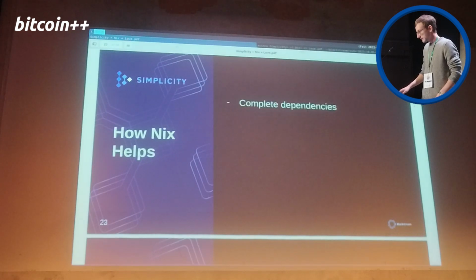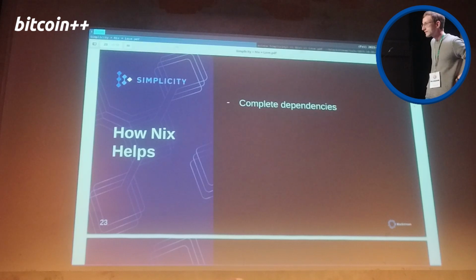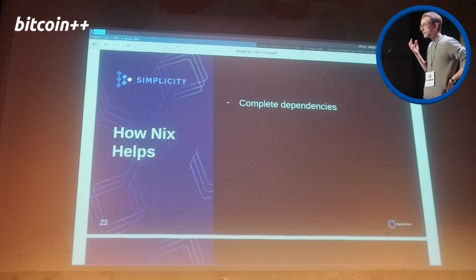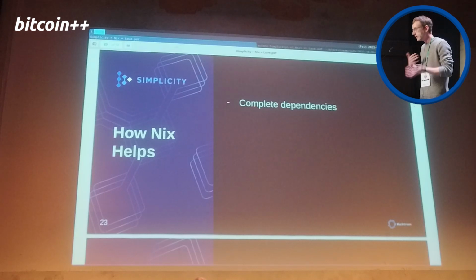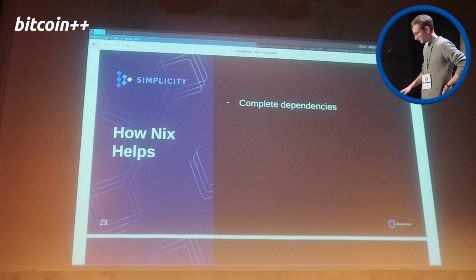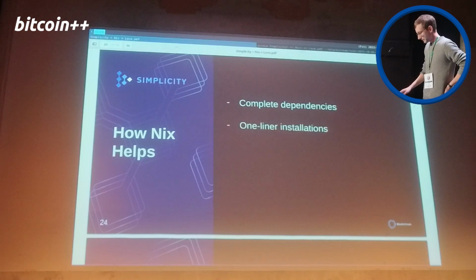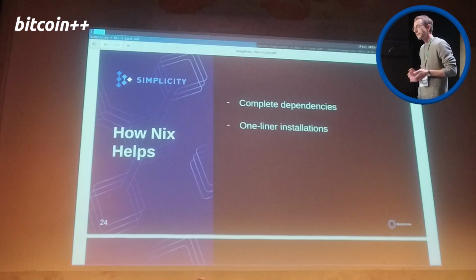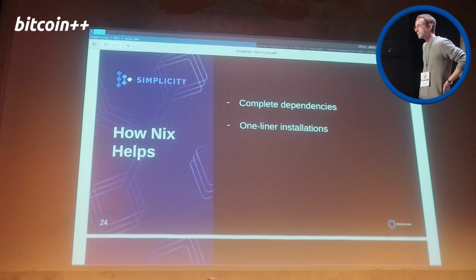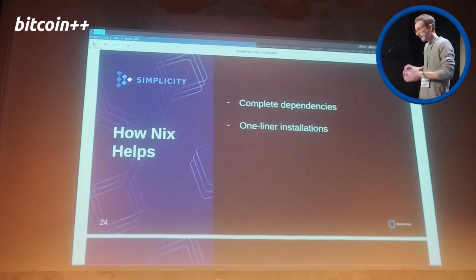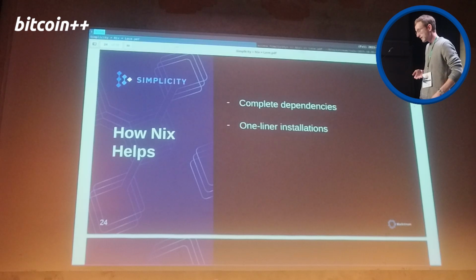How does Nix help? Nix makes sure that our dependencies are complete, so we actually have to think about what is required to make our tests or our binaries work. How can we compile them? How can we run them? Because if we don't specify something, if we forget something, there will be an error for us as well, right? So it cannot happen that we install something on our local system, forget about it, everything works, and then we ship the software, and then our colleague or even the customer runs it, and they don't have the dependency, and then there's a bug. With Nix, the error is on your computer, on the developer's computer,